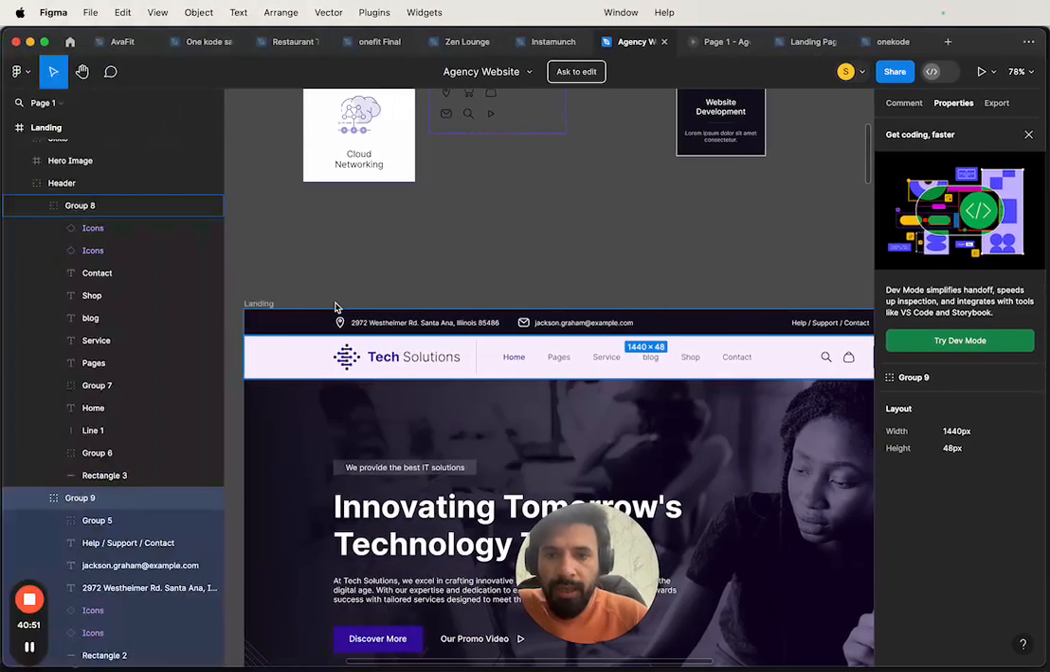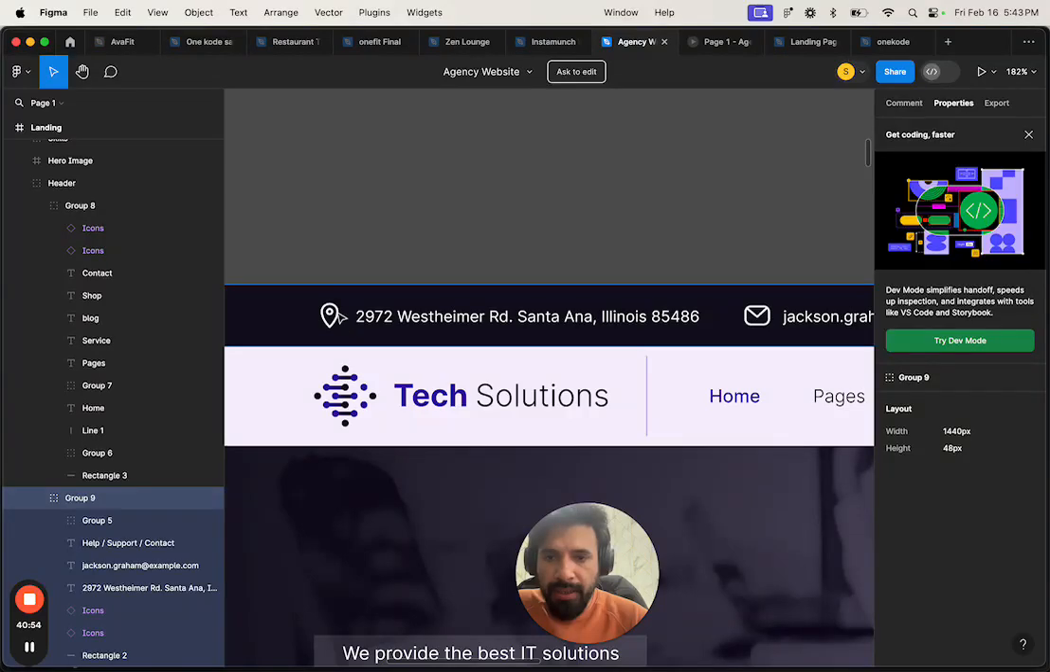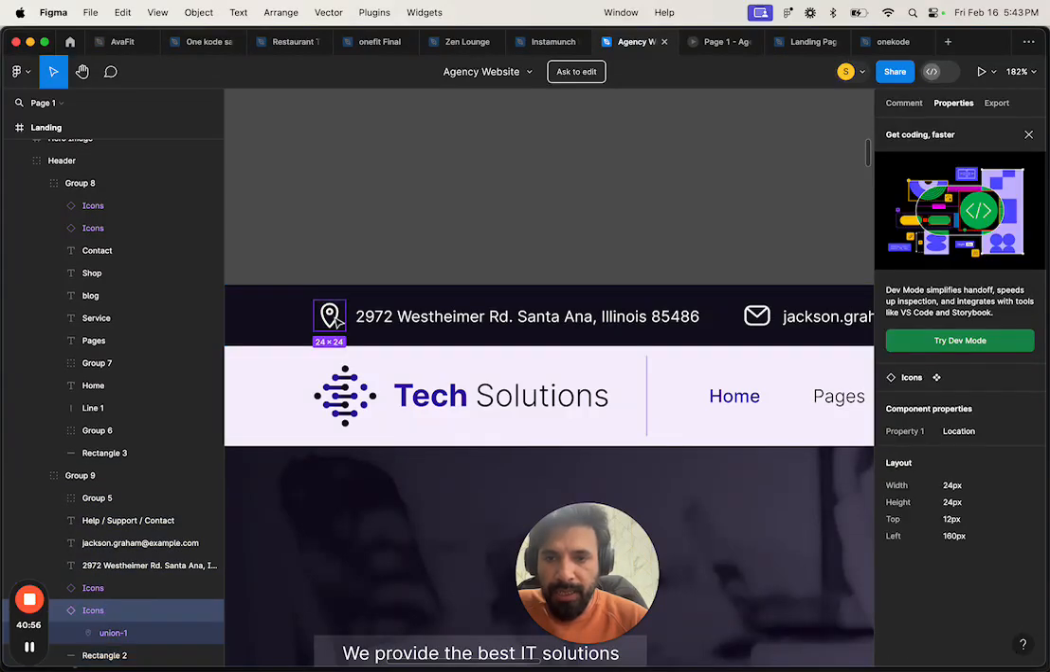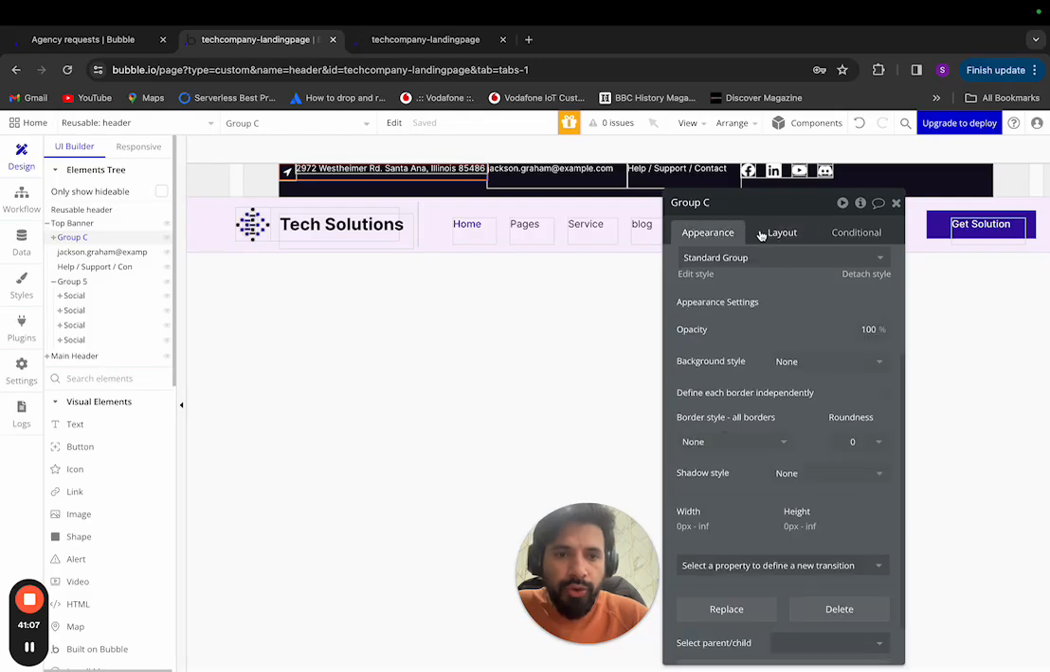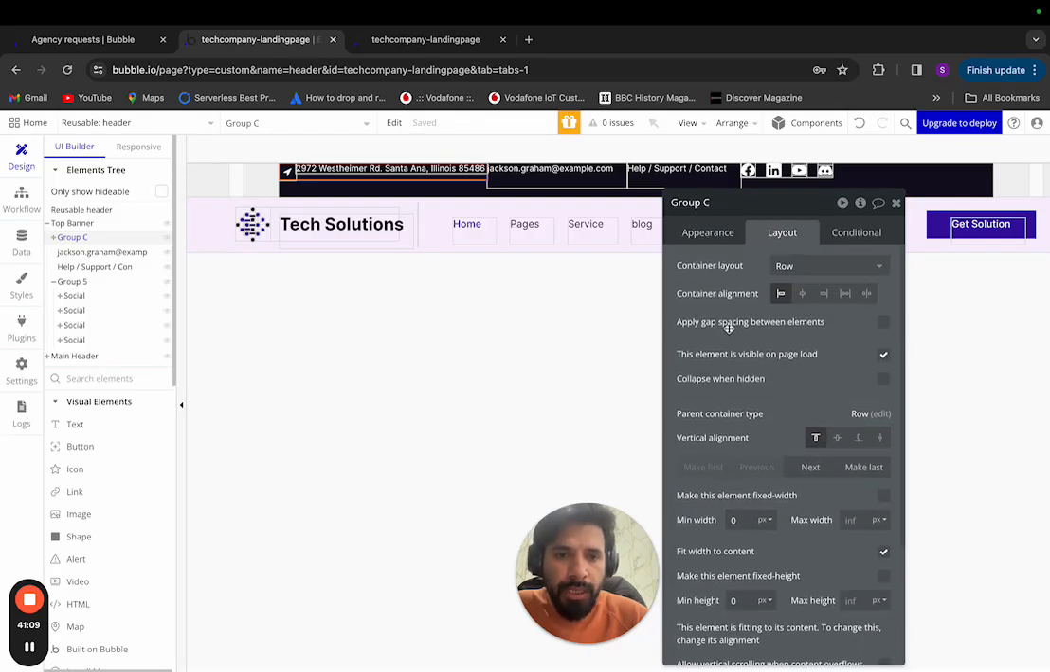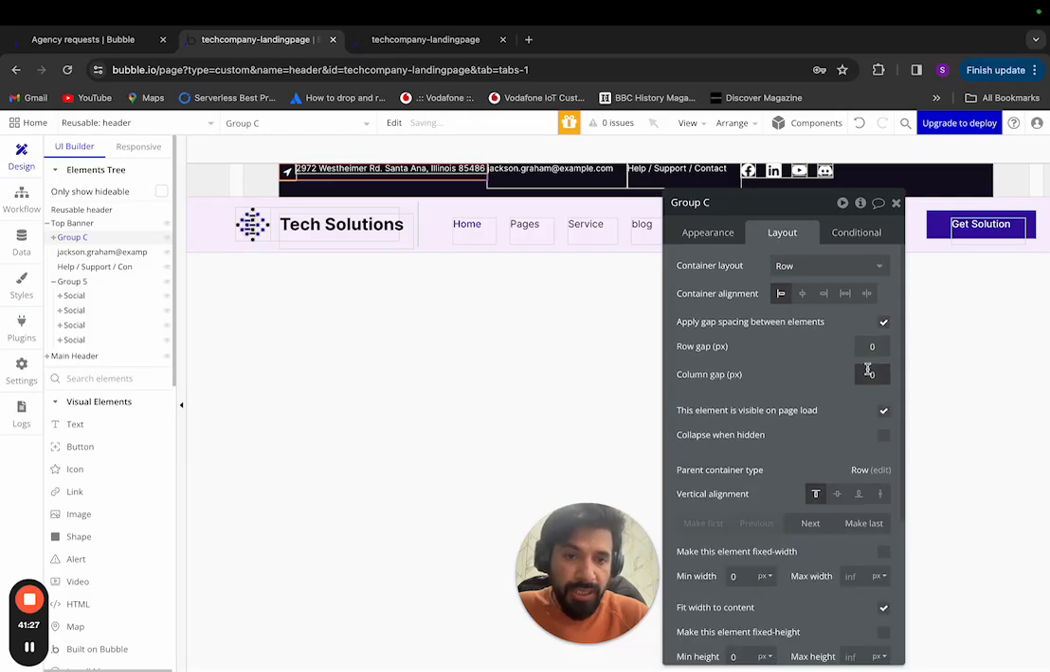Now the other thing I can do: I see a space between this icon and the label, and it's giving me like 8 pixels. To control that space, I can go to layout and apply gap spacing between elements. Everything is defined and designed using group layouts in Bubble. Throughout this tutorial you will see many different approaches and how to use those groups to make effective and